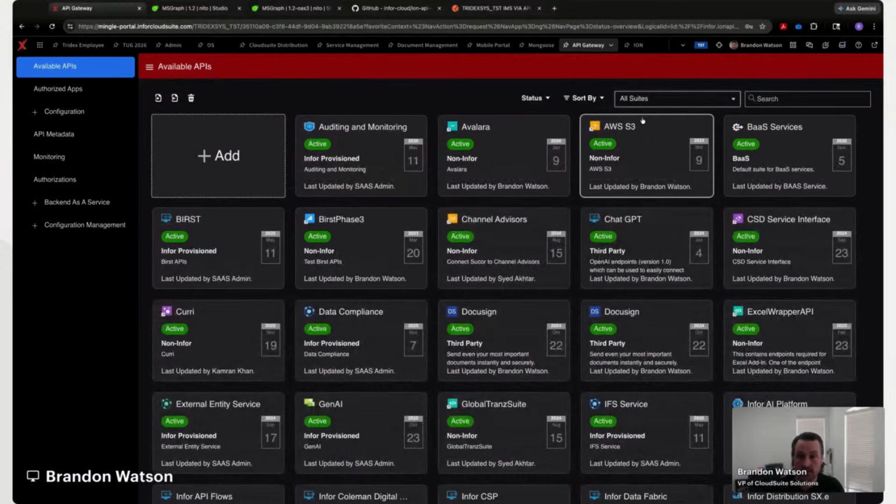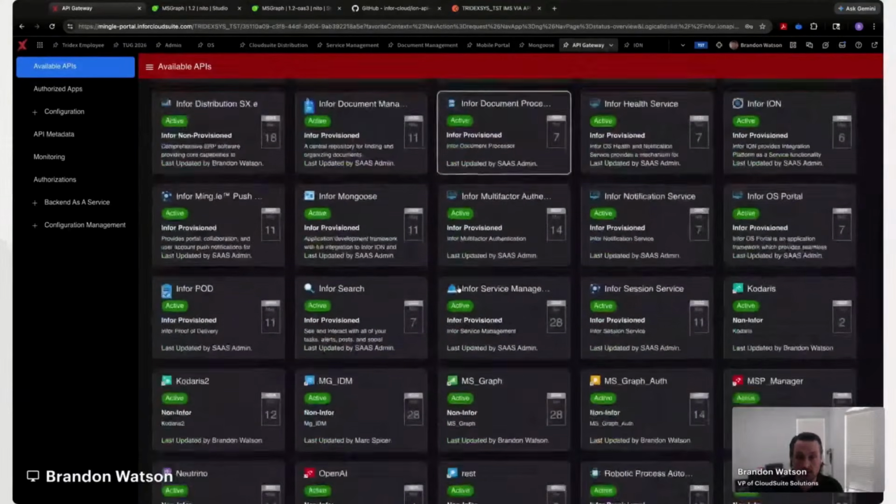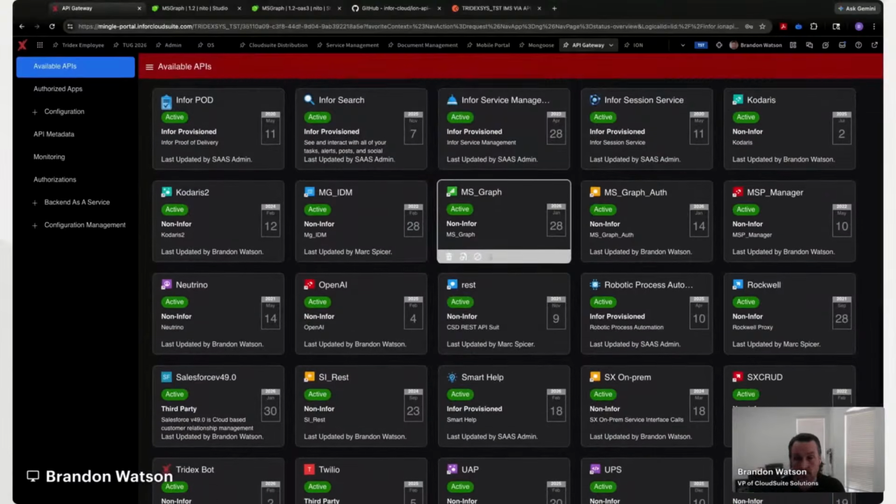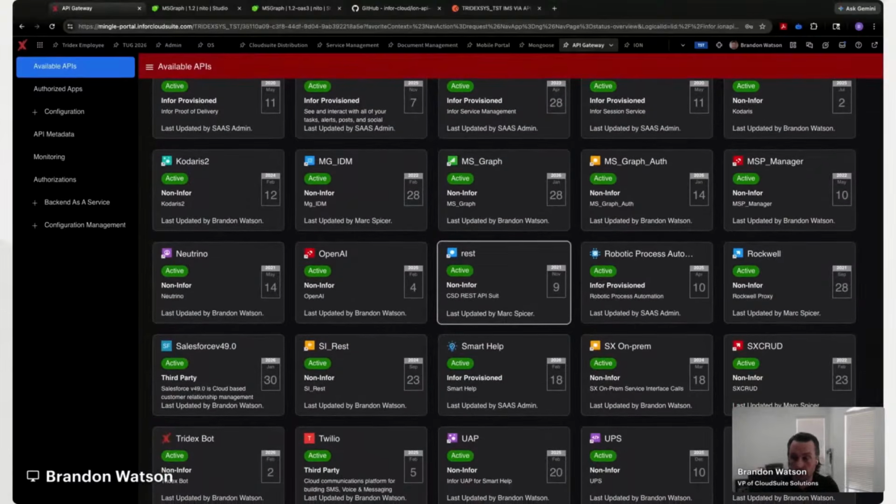And that is the full list of all the different APIs that we have available. Obviously, I did not show them all, but the intent is to show you that it's not just for Infor specific applications. This could be third-party applications, public hosted APIs, getting the weather. There's all sorts of different ones out there that you can utilize to really add on to anything you're doing